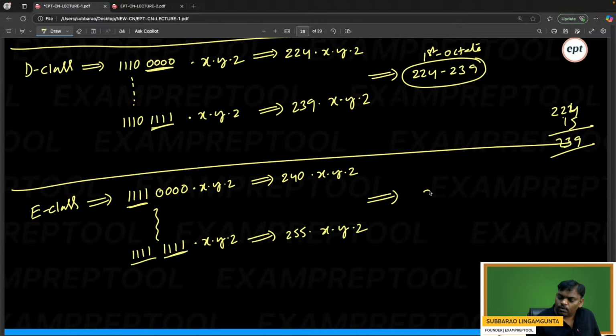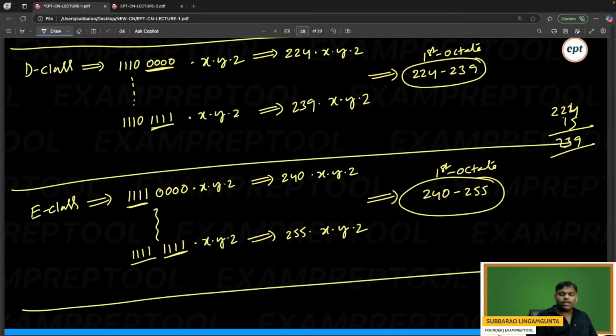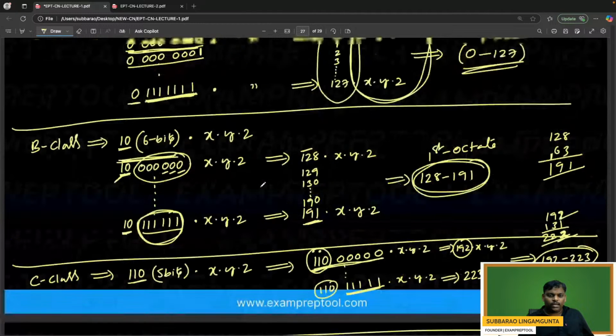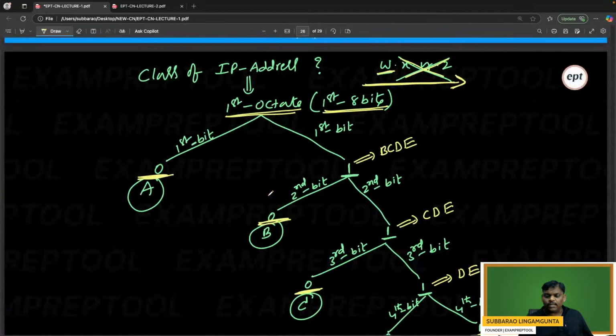So if the first octet is 240 to 255, that is going to be class E. Right? I think people got to know clearly what is happening. Those people who are having a small doubt, first, to get the clarity,